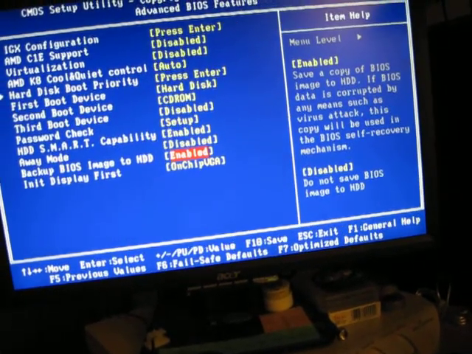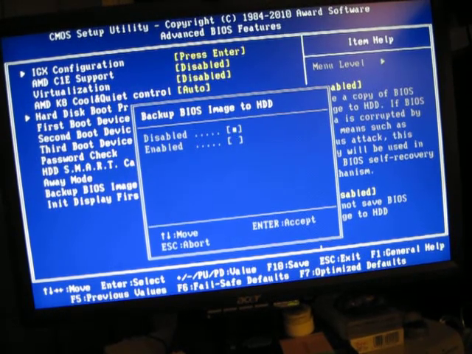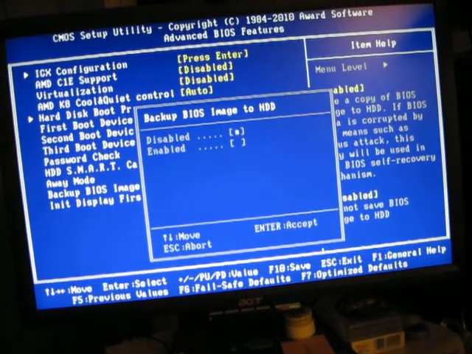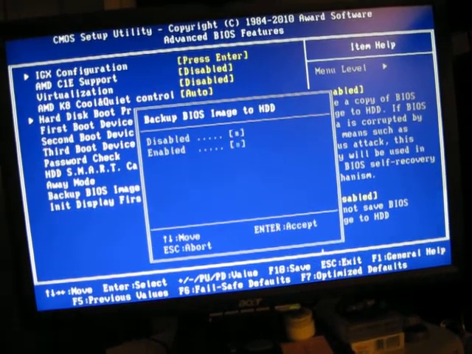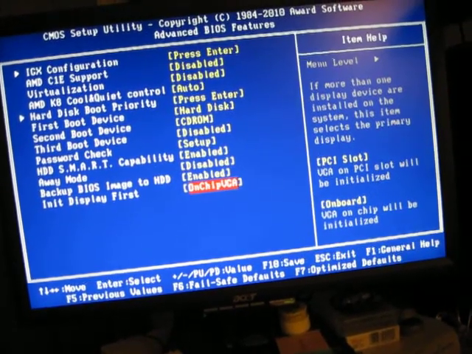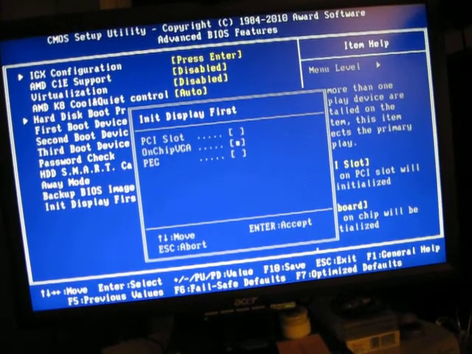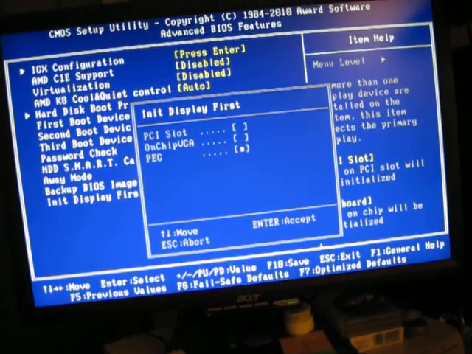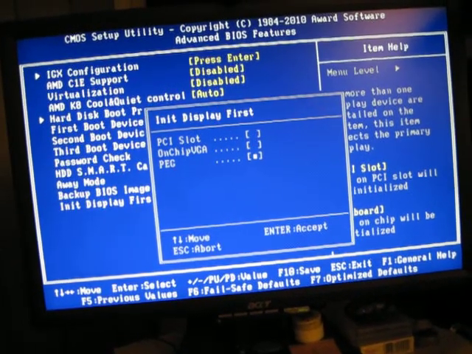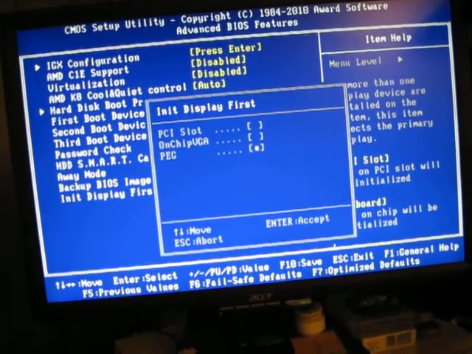You can also enable backup BIOS image to HDD if you are not sure that you will flash something correctly or if a virus corrupts your BIOS. So set that to enabled, and init display first, from on-chip VGA to PEG, which is the PCI Express card,